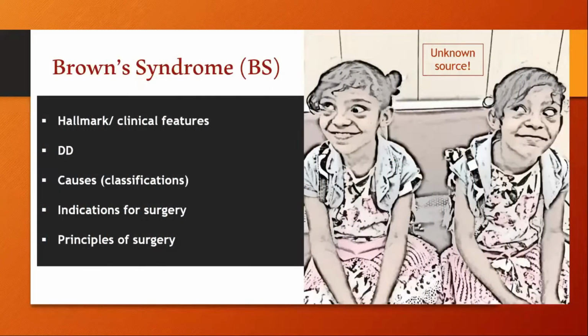So let's see Brown syndrome. There is a main feature for Brown syndrome, a hallmark. As you can see in this photo, you have two girls. Both girls are looking in dextroelevation. We have a problem in their left eyes: defective elevation in adduction. This is the hallmark for Brown syndrome, as you said, Dr. Hasika, limited elevation in adduction.